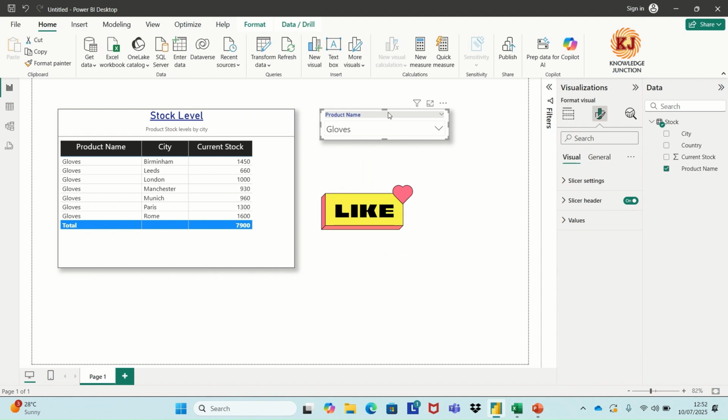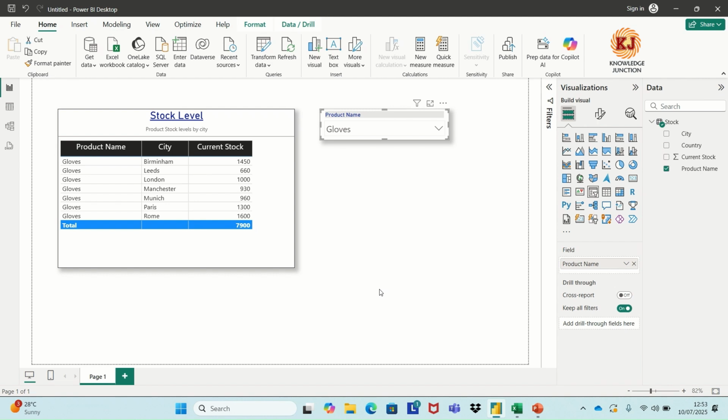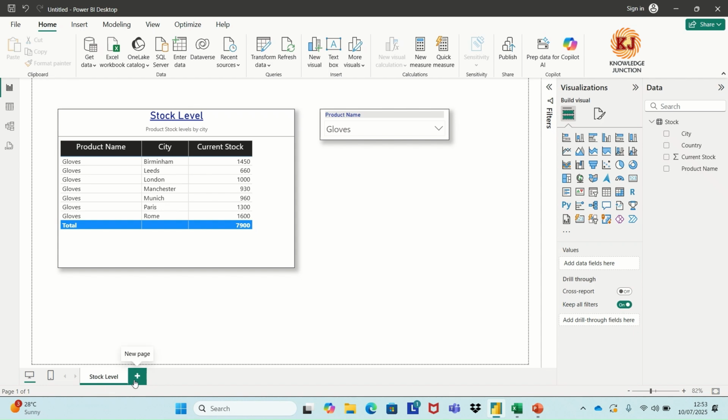In the next video we are going to use some more tools, and we will enhance our data set as well. We can also name the page of this report as stock level, like this, and we will keep adding pages and enhancing this report and see how the whole dashboard and multiple reports and visuals look. In the next video we will be looking at cards and the matrix, very useful tools, and very helpful when we create a more advanced dashboard. And in the following videos we will also be using some DAX coding, some measures, and some programming that makes your dashboard